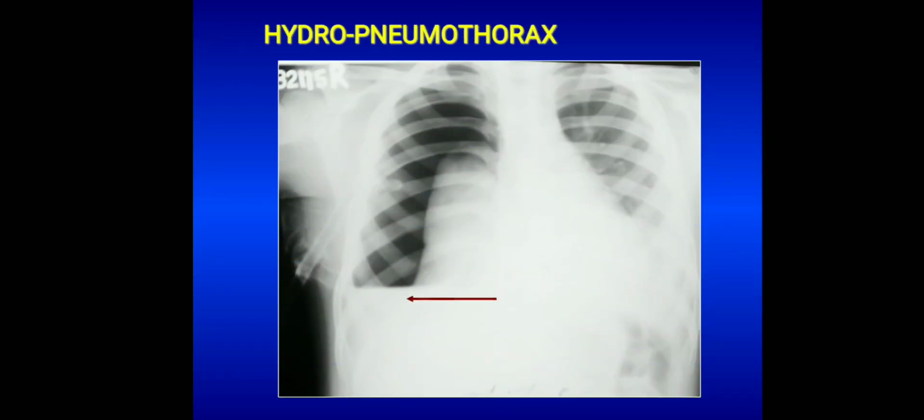So again you can see an air fluid level in hydropneumothorax. The air being lighter rises above the fluid, so fluid forms a horizontal level. On the right side you can see a horizontal level above which air is there. There are no vascular markings in the air, where there is absence of lung tissue and this zone is filled with air. You can see the collapsed lung towards the left, which is medially displaced.